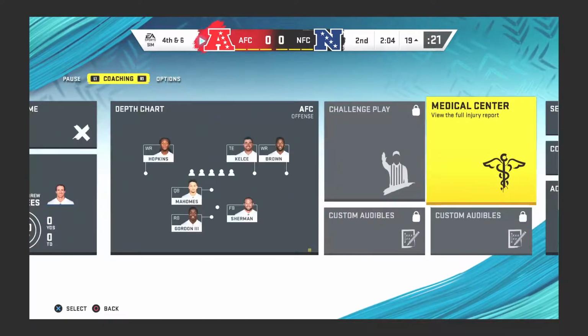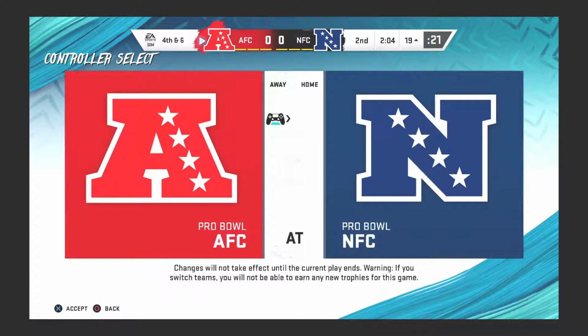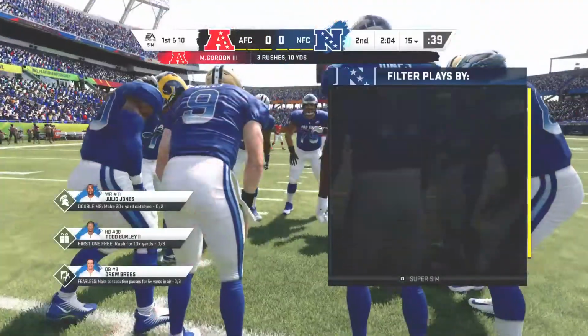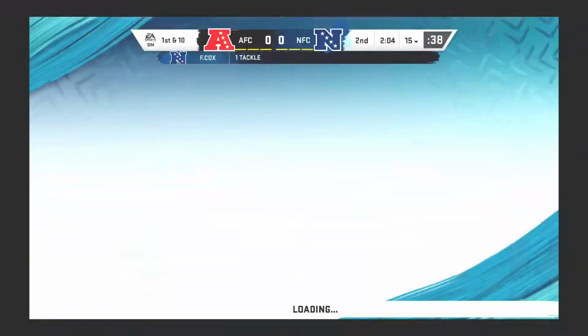And he won't get there. They stop him a few yards short of the line to gain. What's your thoughts on the...